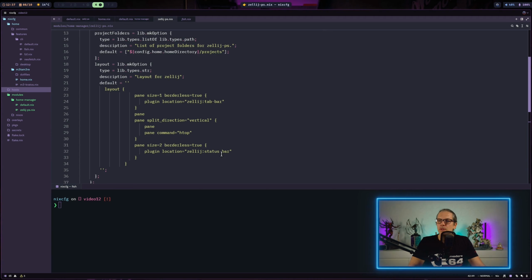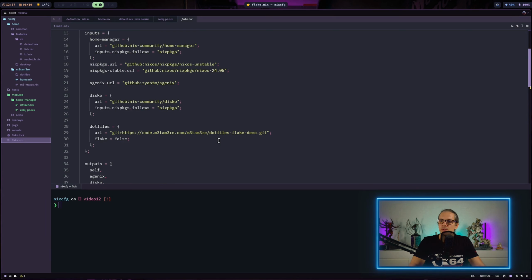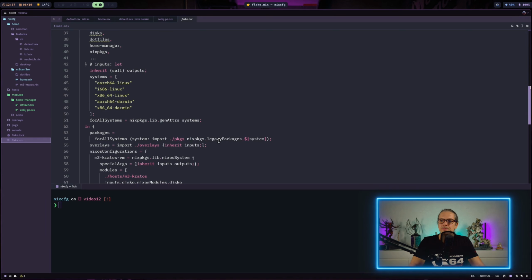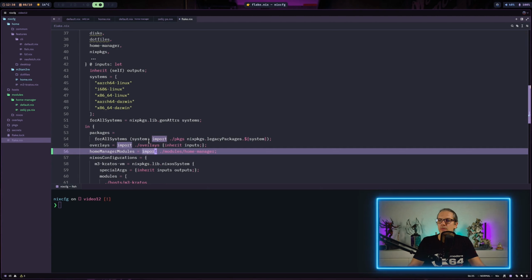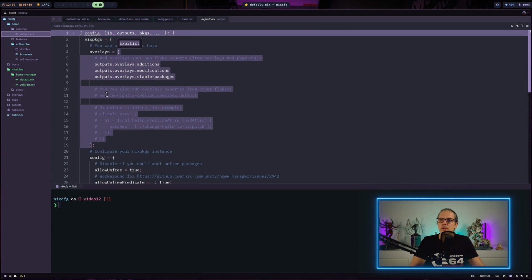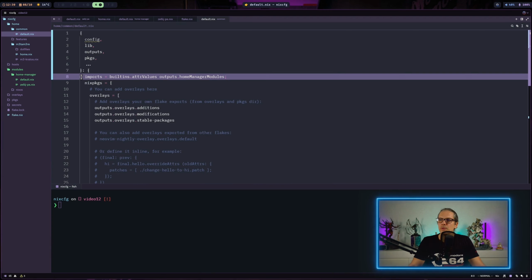But of course, for that, we need to make some minor changes to our flake. So I will get back to flake.nix here, and I make sure that we import all of our modules from the Home Manager folder over here. We name this attribute homeManagerModules, and we can save this. Now I want to make sure that all of the Home Manager modules we define in this folder are available to all users. So I will go up here to the home common folder and default.nix, and add an import statement here.